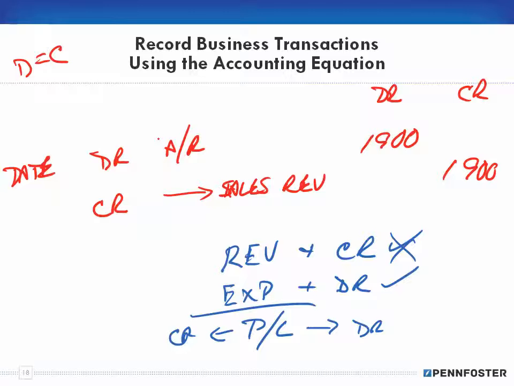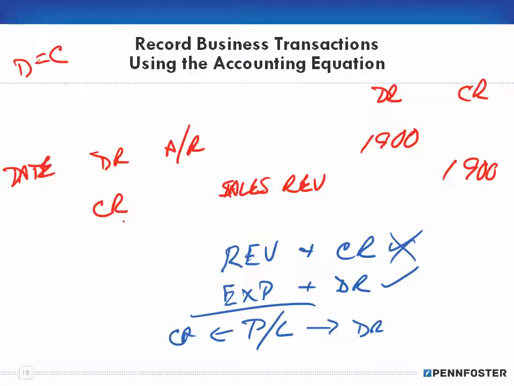And since accounts receivable is an asset, I figure it out the same exact way that I figured out cash. Cash increases on the debit side, all assets increase on the debit side. Accounts receivable is an asset, I increase the asset on the debit side. So I have a debit to accounts receivable, and then since debits have to equal credits, I have to